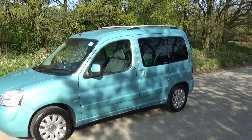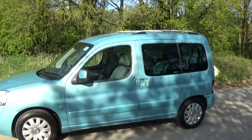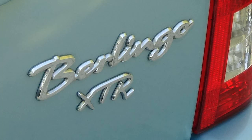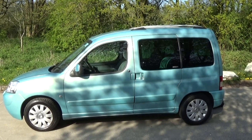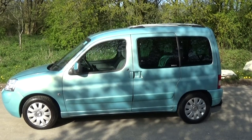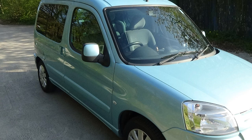Well, ladies and gentlemen, here we are. It's a Citroen Berlingo 1.6 HDI, and it's the XTR version as well. So it manages to look slightly sporty. It doesn't really bother me what a car looks like as long as it's functional these days, and this is an absolute cracker. The storage space is magnificent in it, the paintwork is in superb condition,